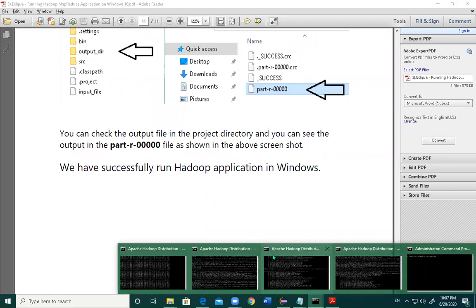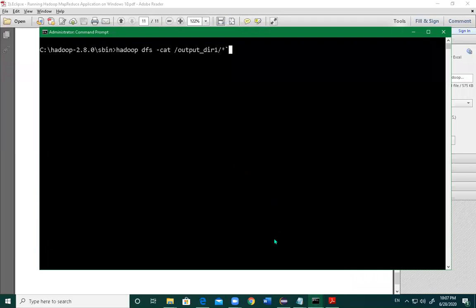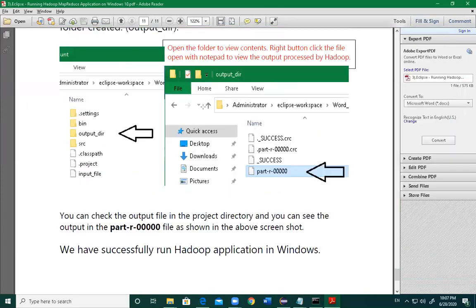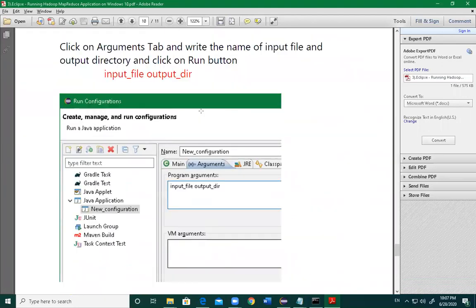Remember, in order to run all these applications, you don't need to have a Hadoop server running separately, because this program does not depend on the Hadoop outside. It depends on the Hadoop jar files connected with the IDE here. So in order to run these programs, we don't need Hadoop to be running. You can just stop all the CMD windows, which are not required here. It works based on the files created here.